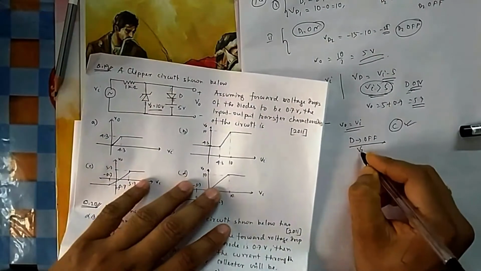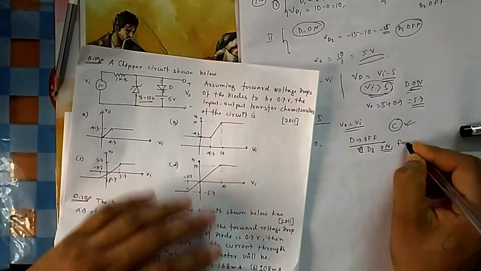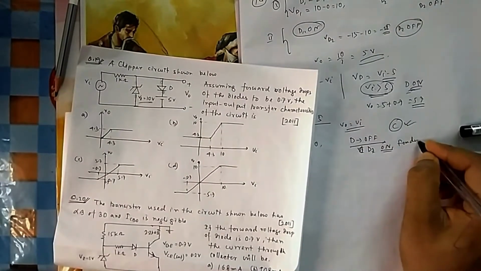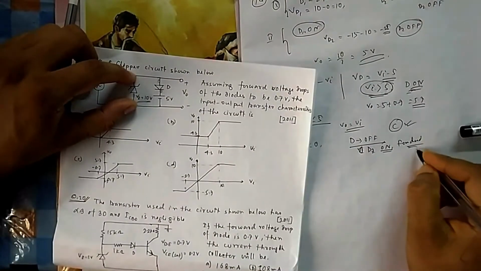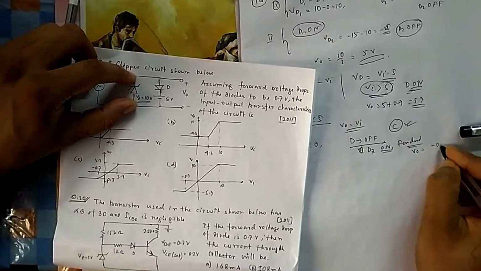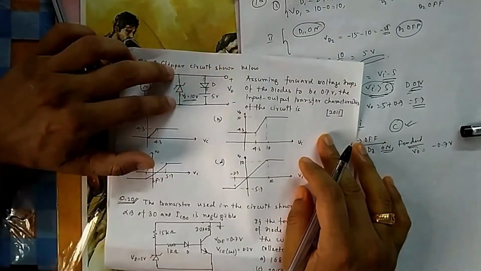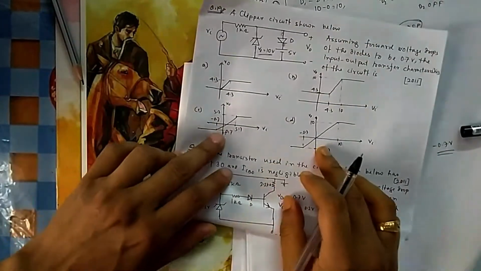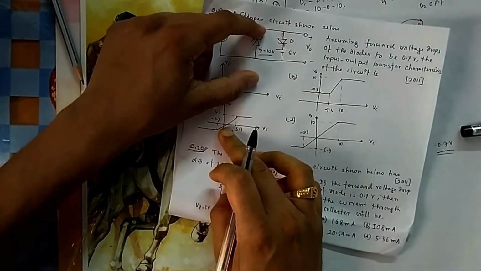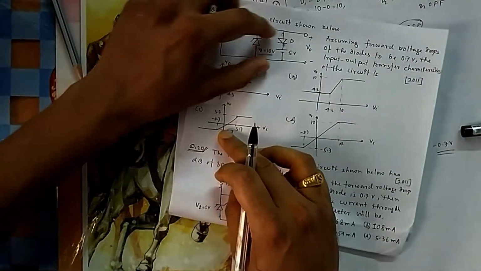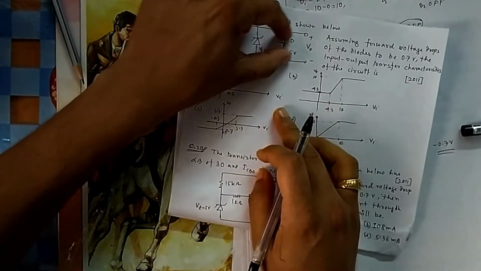D will be off and DZ will be on. So once DZ is in the forward bias direction, not in reverse bias condition, the Zener gets forward biased, because this is now negative and this is now positive. So your output will be equal to minus 0.7, because there will be a 0.7 drop. The output is just the reverse of this. So you see in the negative direction, it is fixed at minus 0.7. Once it crosses this 0.7, the barrier voltage, it follows the input voltage up to a certain limit. When it crosses 5.7, then the output is fixed at 5.7.